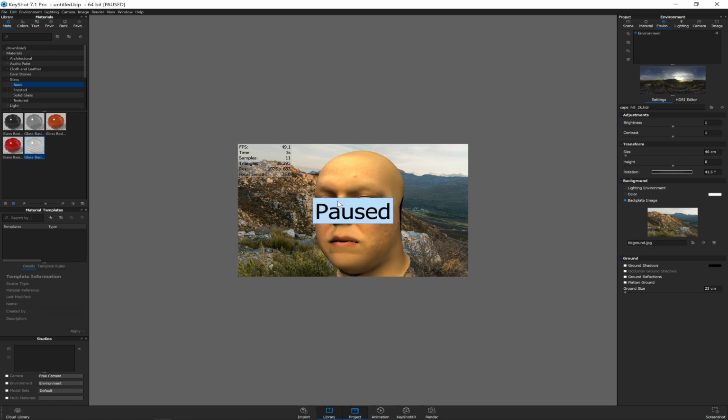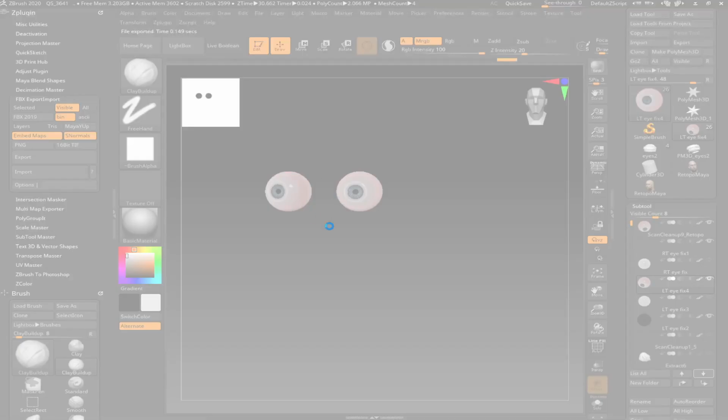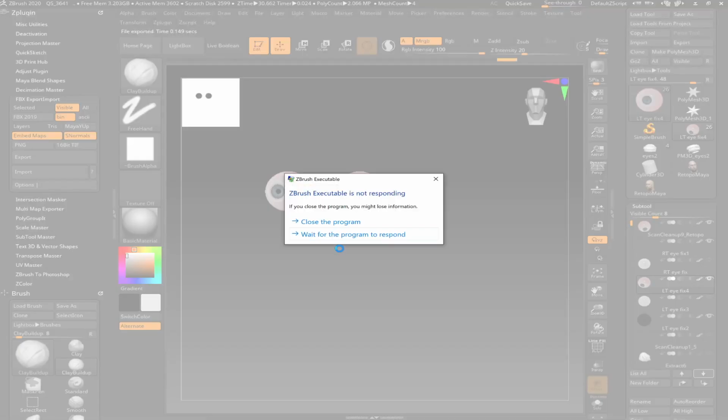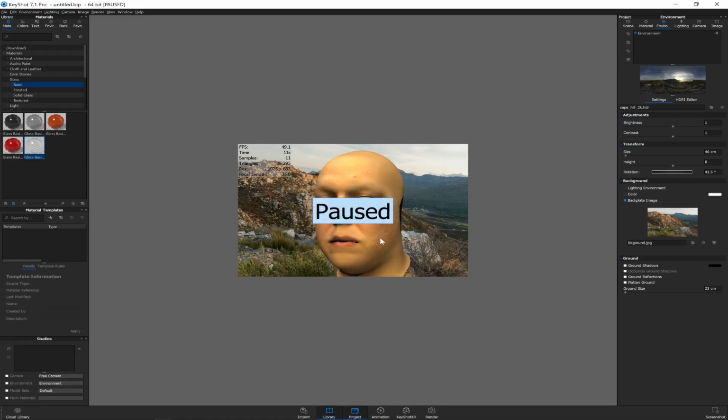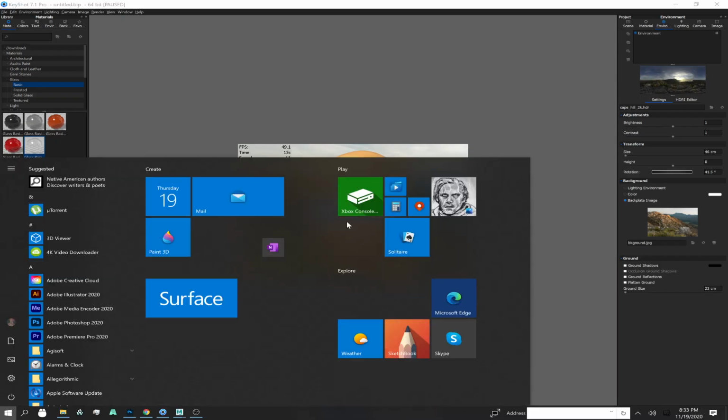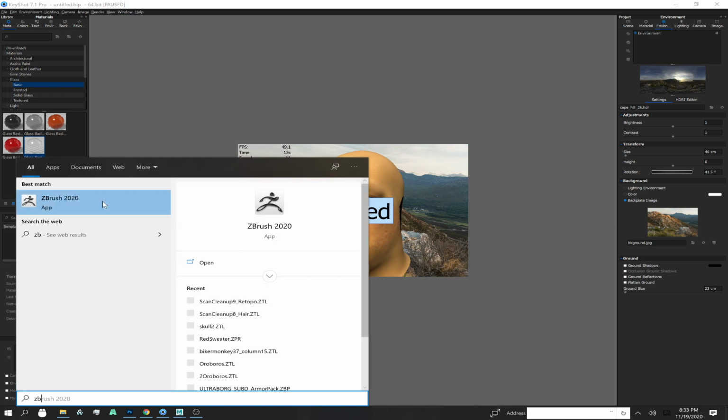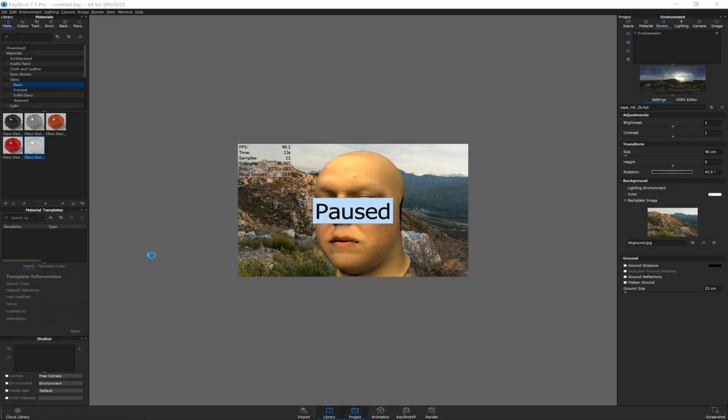Shift P will pause this. I'm hoping that ZBrush is not totally crashed. Oh man. Boo. All right, well, I guess I will have to launch it again. Because we want to use the FBX import. So the other thing here